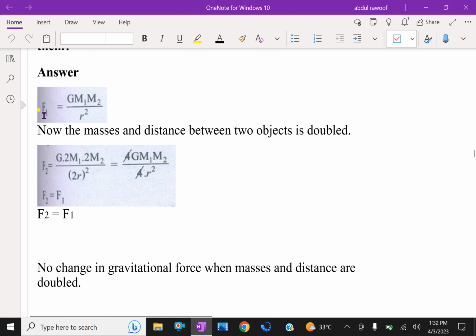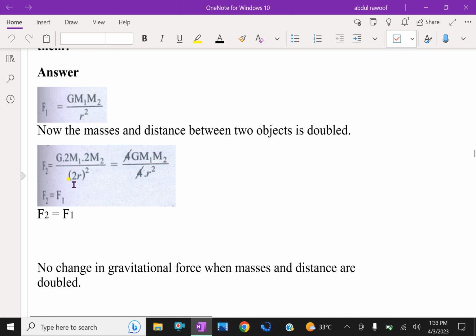Here F1 equals G m1 m2 over r squared, where G is the universal gravitational constant, and m1 and m2 are the masses. Now the masses and the distance between the two objects are doubled. That means G times 2m1 times 2m2 over (2r) whole squared. After simplification, 2 times 2 is 4, so 4 G m1 m2, and (2r) whole squared is 4r squared, the 4s cancel,